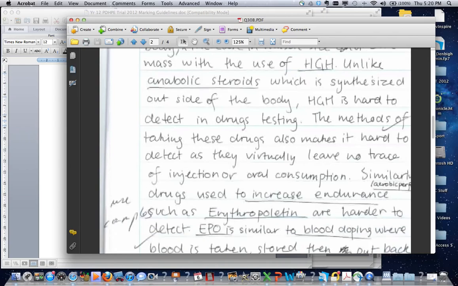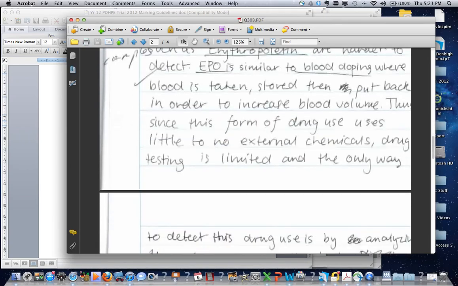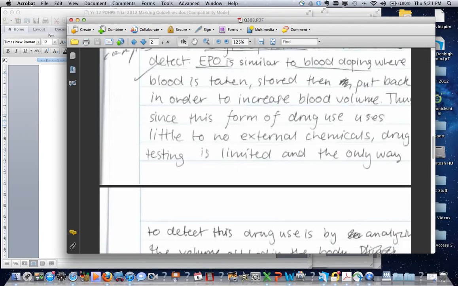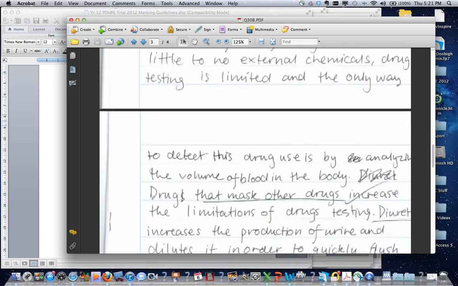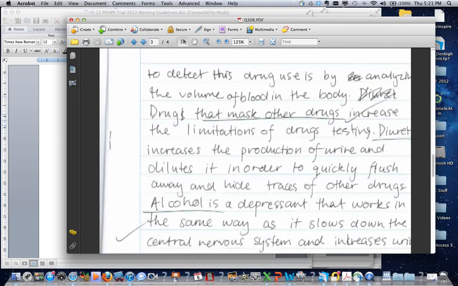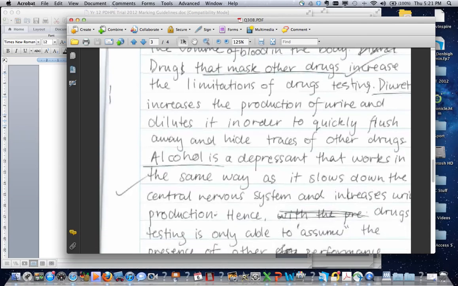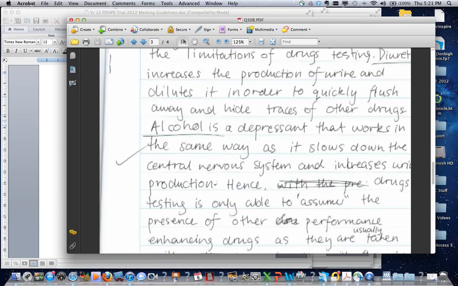So it was really important, I think, for you to think about how you present your answer, making sure that you have clarity and follow a plan in your answer, because if you don't, then you're going to limit how the marker is going to be able to answer your question. You can see that there are examples here.